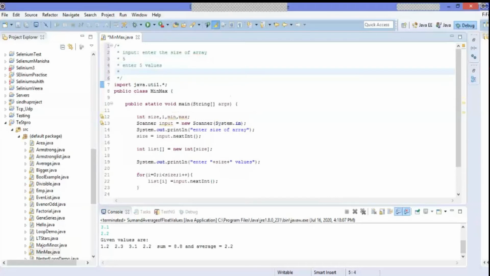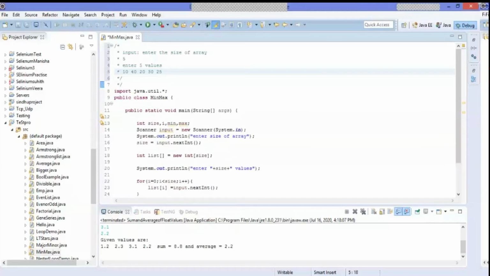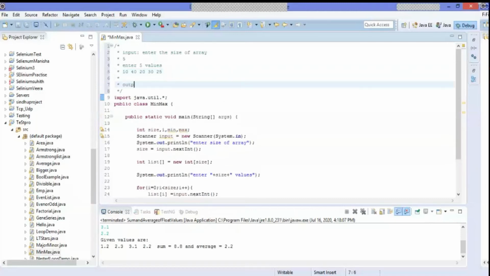So now let us assume that I entered 10, 40, let's take 20, 30, and 25. So like that I gave the input, so what is my output? Minimum value min is equal to, I'm expecting 10, and max is equal to, I'm expecting 40. So this is my input and output for this particular program.